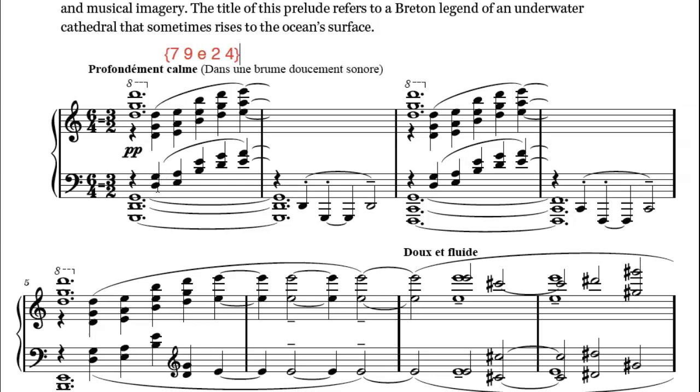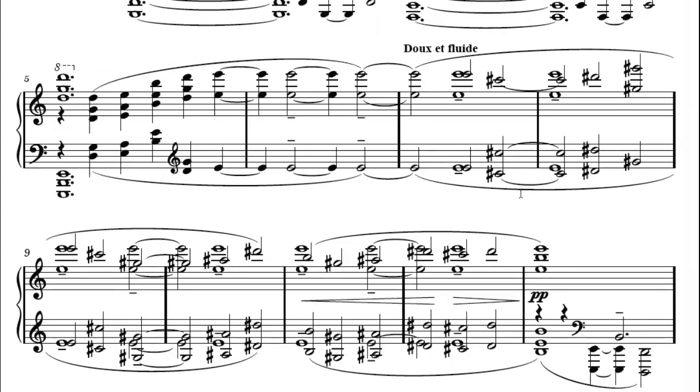In addition to that, he is also using a technique called planing. So he establishes a specific vertical structure and then simply moves up, up, up, up through his collection using the exact same vertical structure. It's like the hands are locked together in a certain shape and are just moving up and down. This is called planing. And it's a very important feature in the music of Debussy especially, but many other composers as well. But let's move forward and talk about a few other things that we see in this piece.